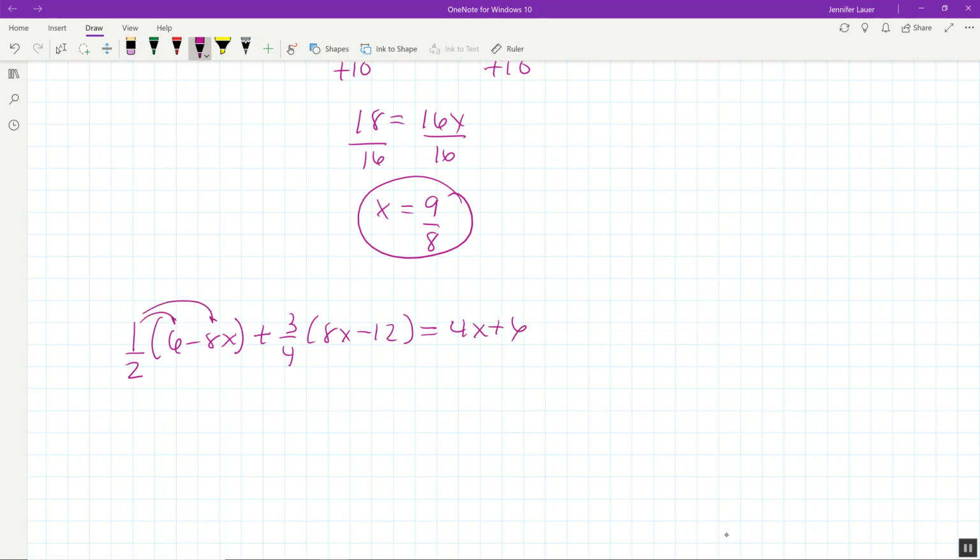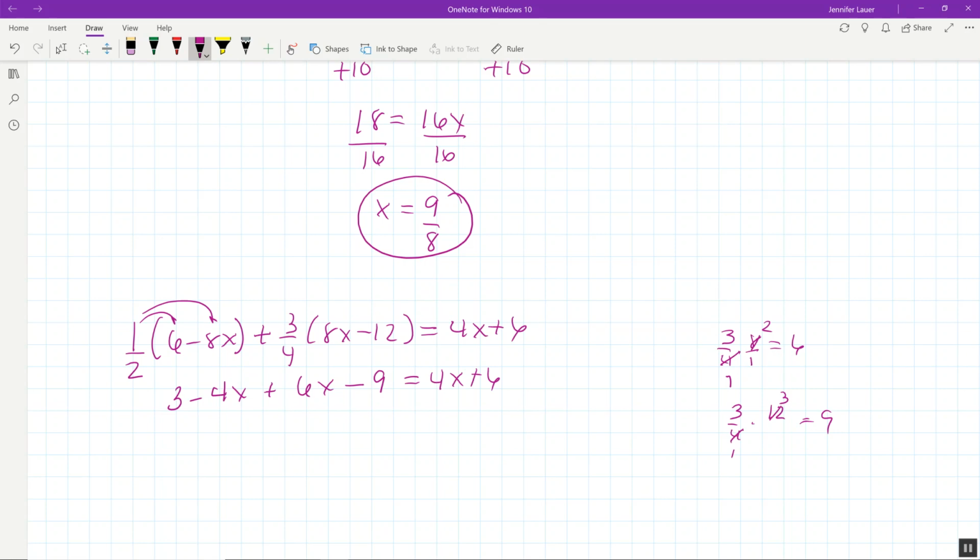So this would be 3 minus 4x, because that's half of 6 minus half of 8, plus this would be 6x minus 9. Now this is because 3/4 times 8, if you need to see that over here, is 6. That's where we get the 6x. And then 3/4 times 12